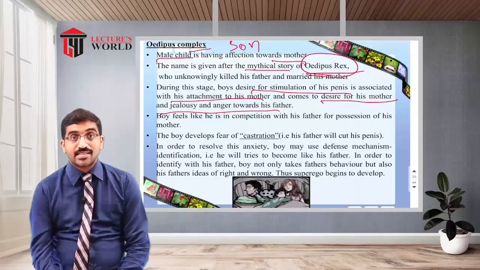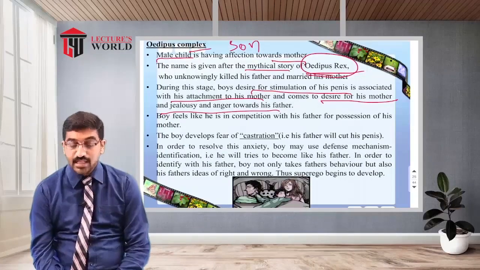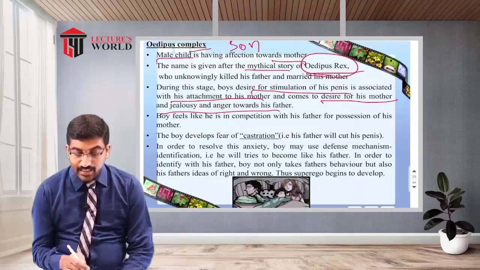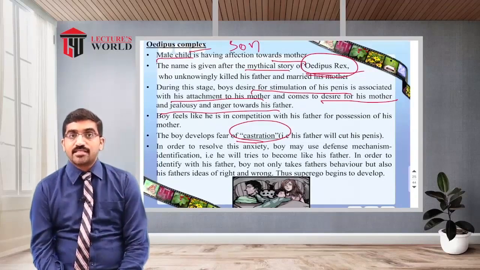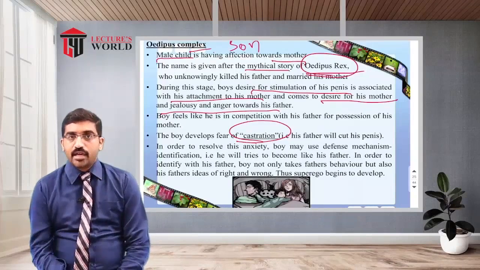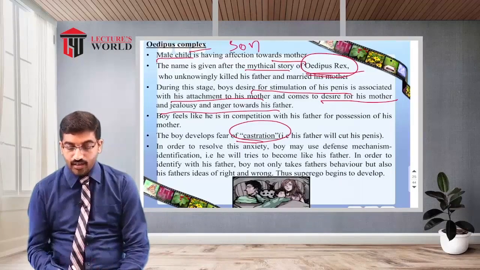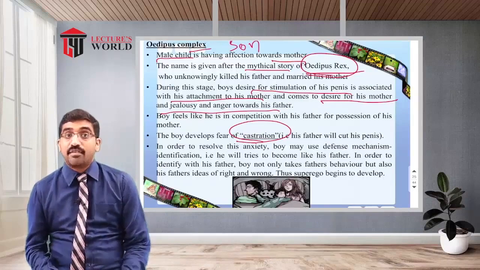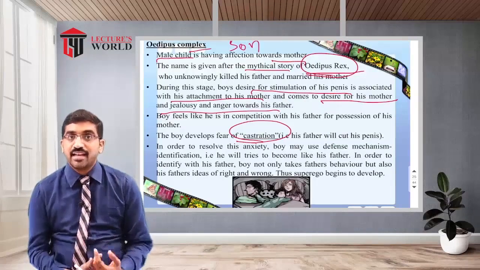Desire is towards his mother, anger towards his father. Why is this so? Because he always feels that his father will do castration. What is castration? Castration is a surgery actually, but generally it means removal of the penis. The penis is the external organ, right? So he will feel that his father will cut his penis,